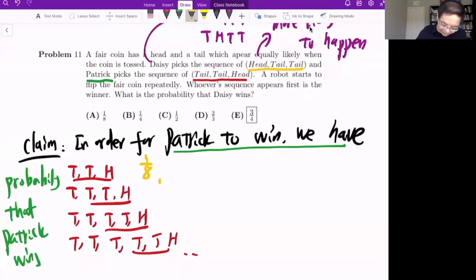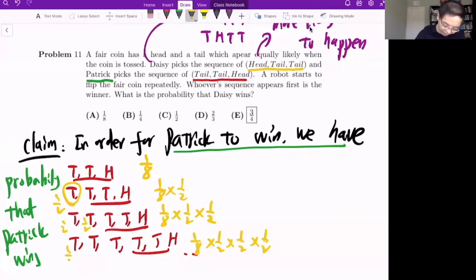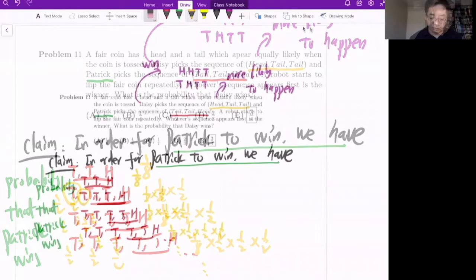This one is 1/8 times 1/2, right? And then here is 1/8 times 1/2 times 1/2, and this is 1/8 times 1/2 times 1/2 times 1/2, and so on. If we add them together, therefore the total